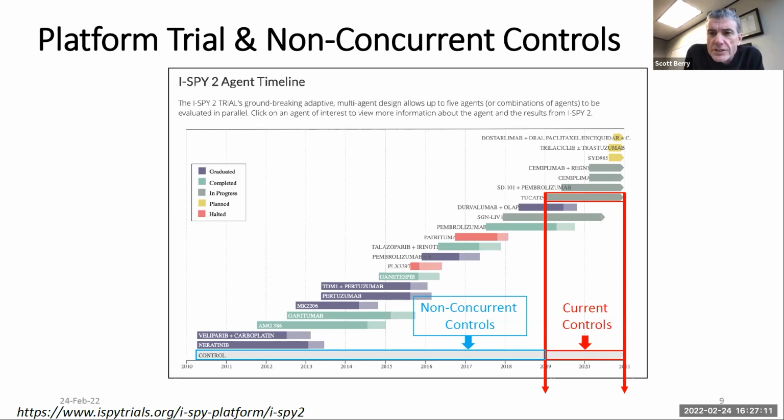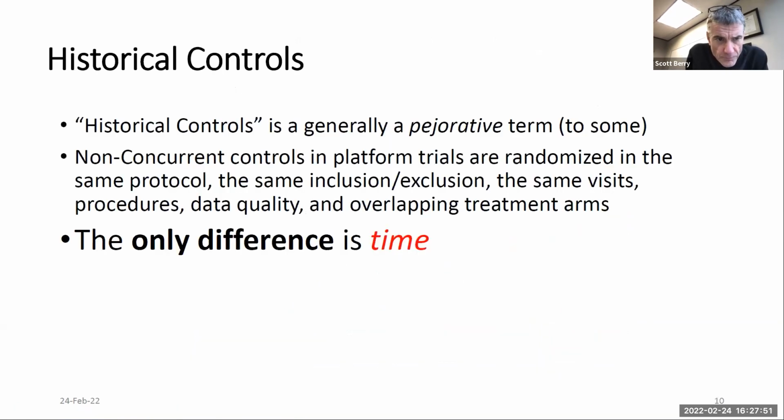By the way, this demonstrates my initial interest in this question, which was one of comparing athletes of different eras. Could you compare Tiger Woods, Rory McIlroy to Jack Nicklaus, Tom Watson, Ben Hogan? They never played at the same time, but they played with athletes that did overlap. You have this incredible connected network, and it's really very much the same problem. It's actually a little bit harder because athletes age differently over time than treatment arms age over time. So the question is what to do with these non-concurrent controls. Next slide.